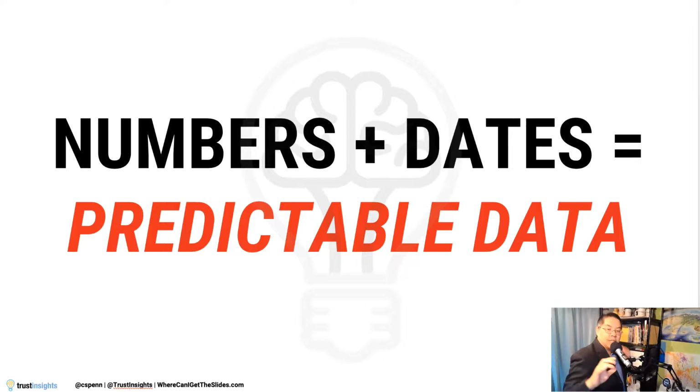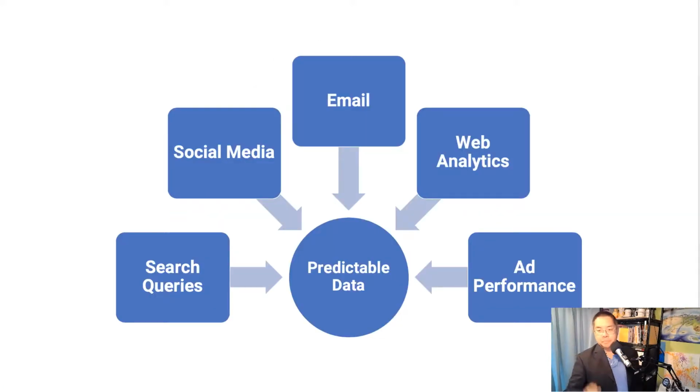So if you want to predict a year in advance, you need 4 years of back data to reliably account for trends and seasonality and stuff. If you want to predict 7 days in advance, you need 28 days of past data to predict forward. So numbers and dates are what you need to do prediction, but you need to have that 4-to-1 ratio.